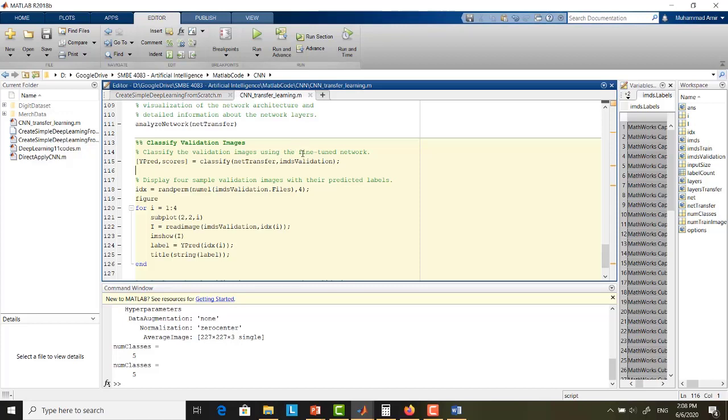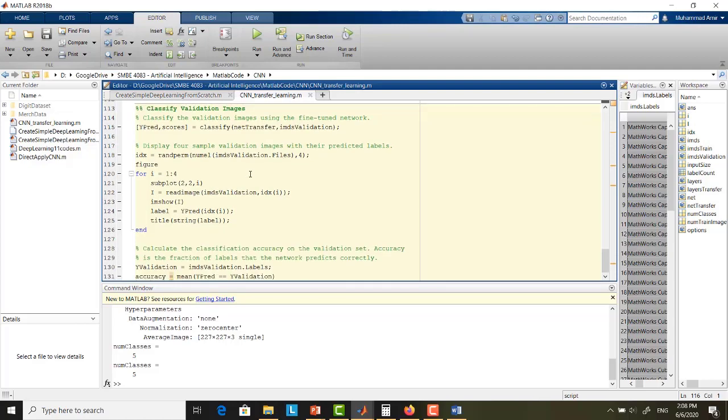That means you need to separate your validation into testing data. Then at this part you must put the IMDS test to find the score, to classify, to see whether your program is correct or not. Okay, to find the accuracy here,